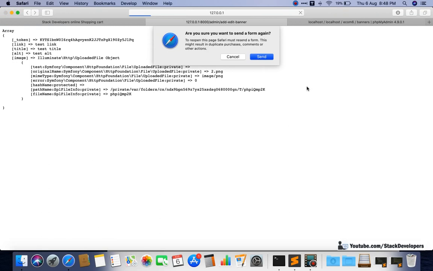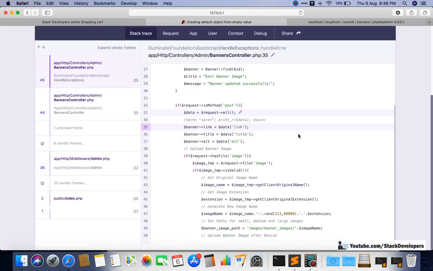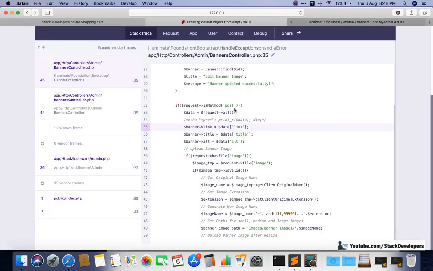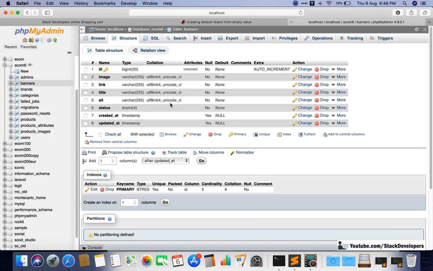I'm going to refresh now and send, and you can see some issue is coming now: link, title, and alt tag. See the values, we can also give them null value for link, title, and image.